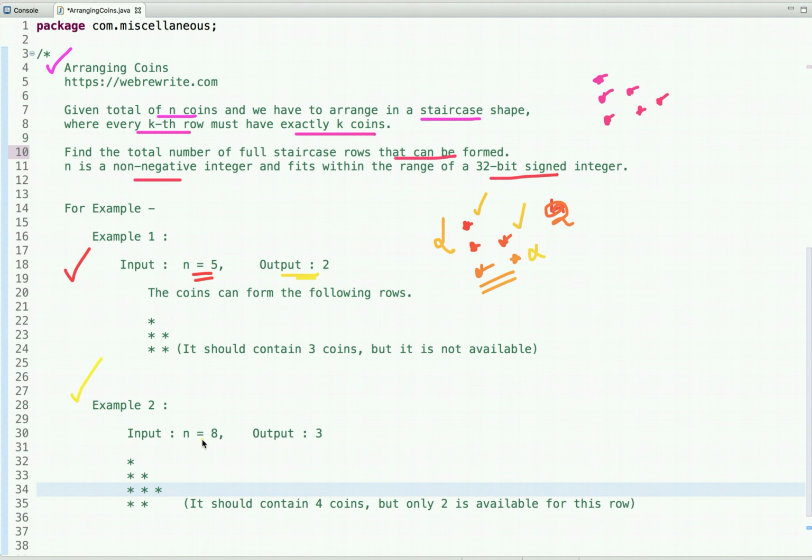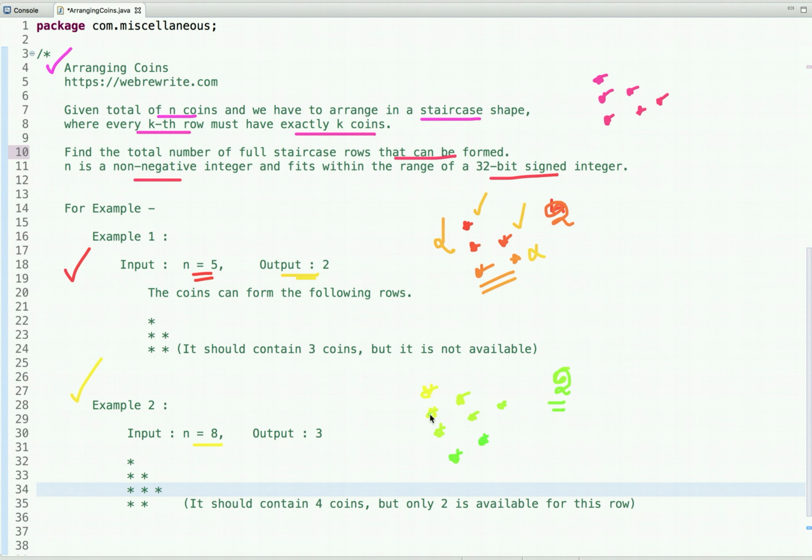In the second example we are given 8 coins, and now let's arrange them in full staircase rows. The first row has 1 coin, the second row has 2 coins, the third row has 3 coins. So let's count them: 3 plus 2 is 5, and 1 more is 6. Now we are left with only 2 coins, so the fourth row must have 4 coins, but we are left with 2 coins, so we can use only 2 coins.